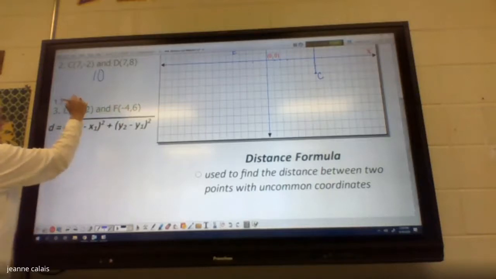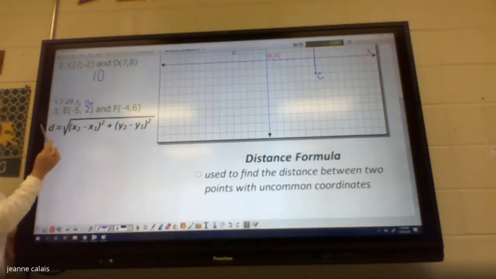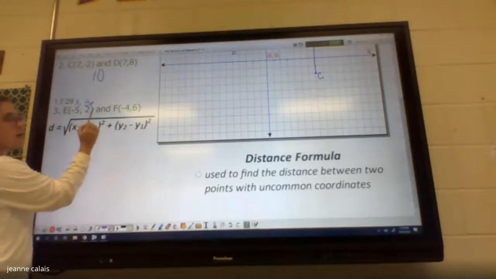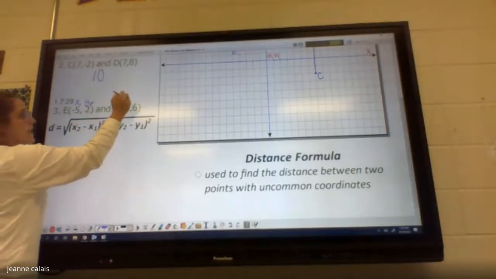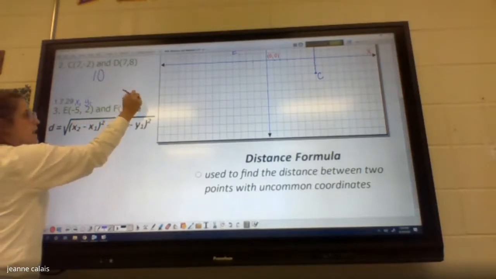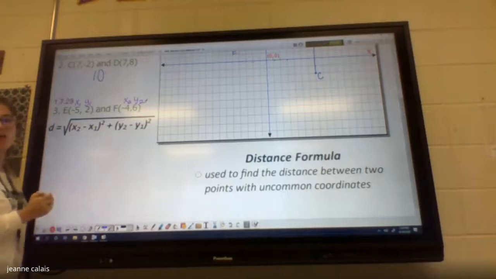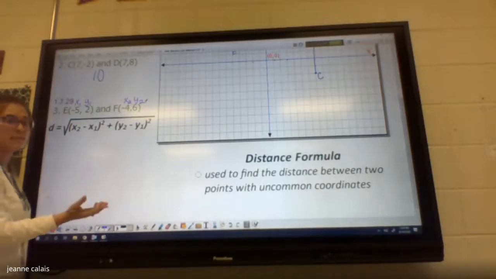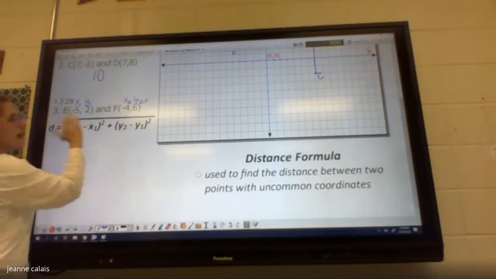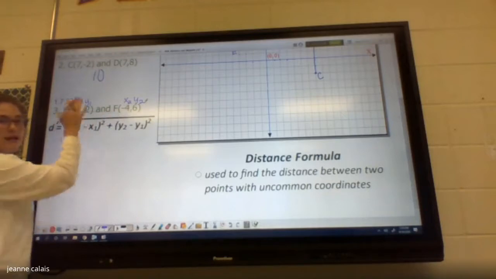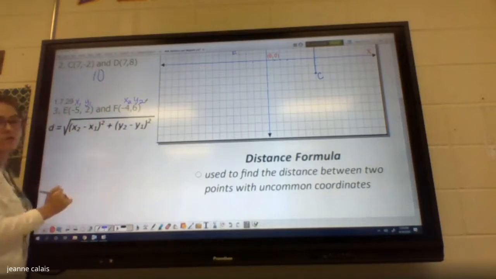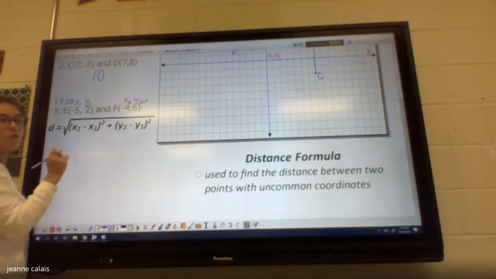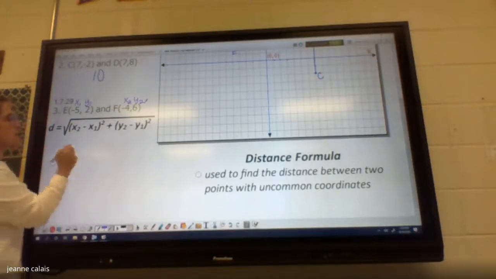All right? I label them. So my first ordered pair, each ordered pair is made up of an X and a Y. So your first ordered pair, I'm calling it X1 and Y1 because it's my first. Then that's X2 and Y2 because that's my second ordered pair. So I put a 2 behind it. All right, so now that I've labeled my ordered pairs, I take those numbers and I plug them into the formula where it goes. Again, write your formula every single time you go to work a